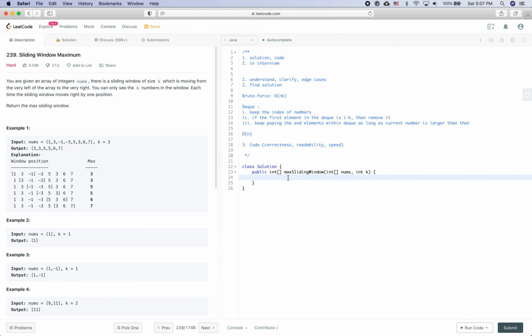We will have the integer array. Let's see, the max sliding max. Okay, so how to say that? Let's call it the max array. So the new int is nums.length